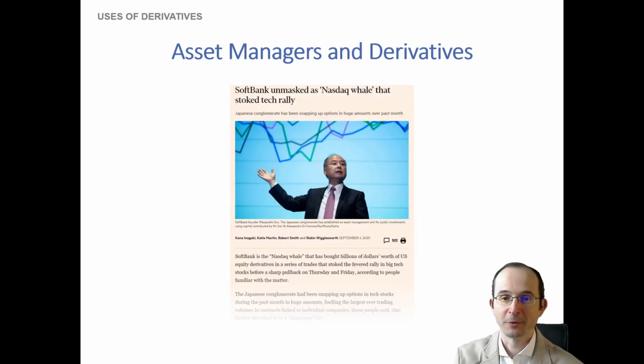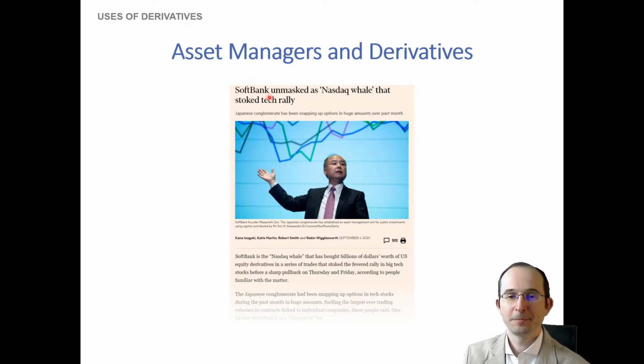And on top of that, of course, there are simply sort of open trades in options, buying options, as we see here by SoftBank, where SoftBank at this time fell in the sort of classification. Is it an asset manager? Is it a private equity firm? Is it a hedge fund? Is perhaps not clear. But essentially what they did is they just bought a large amount of call options on